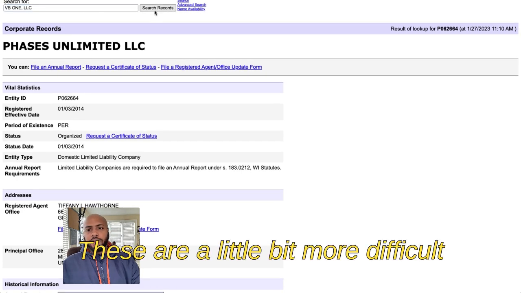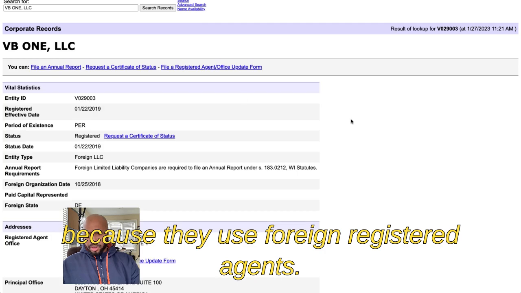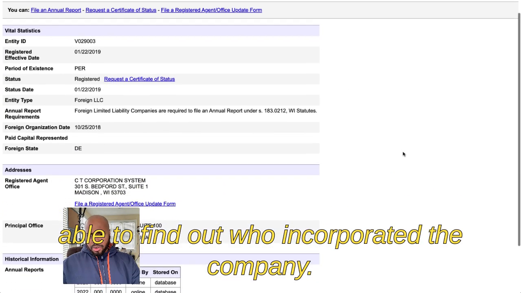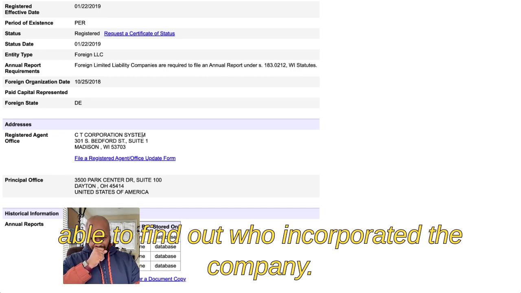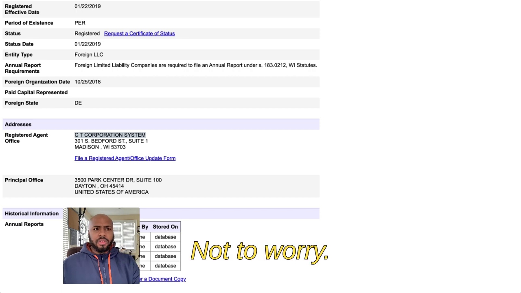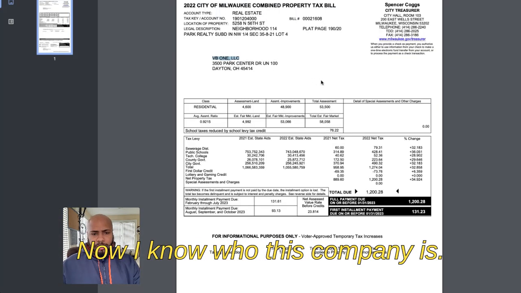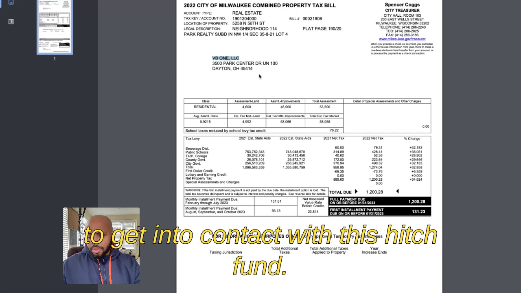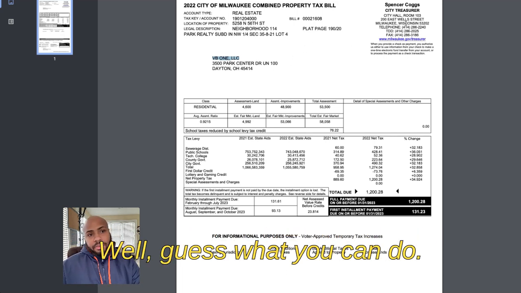And so these are a little bit more difficult because they use foreign registered agents. So a lot of times you won't be able to find out who incorporated the company, right? Not to worry. Now I know who this company is, but let's say you're trying to figure out how to get into contact with this hedge fund. Well, guess what you can do?